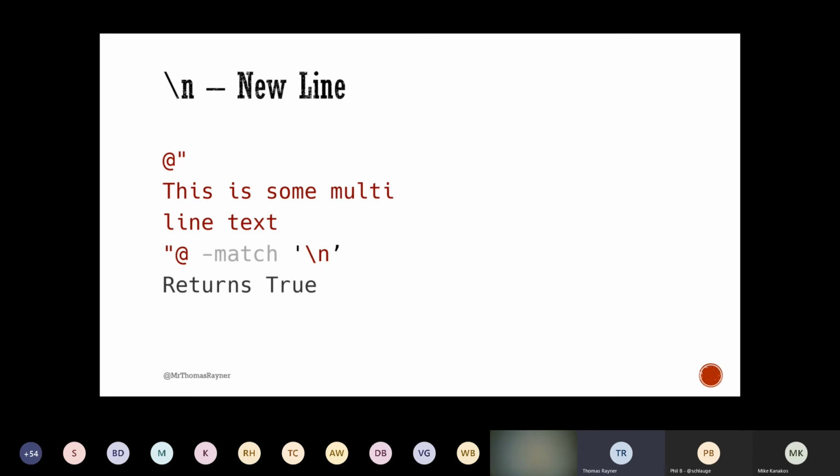That's true because we're looking for new lines. We're looking for those n's that have been imbued with magic to indicate that they mean new line. And we have a new line right there. It's an invisible character. It doesn't actually take up width, but there's a new line that says, hey, end here, start here on a new line.